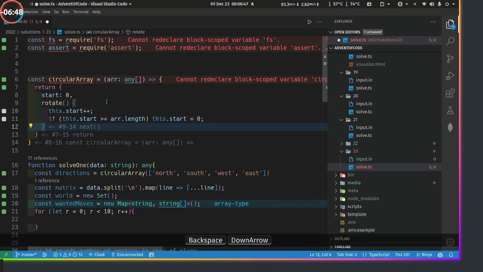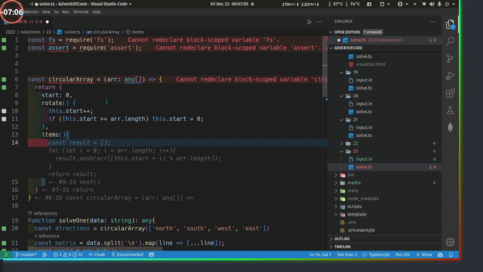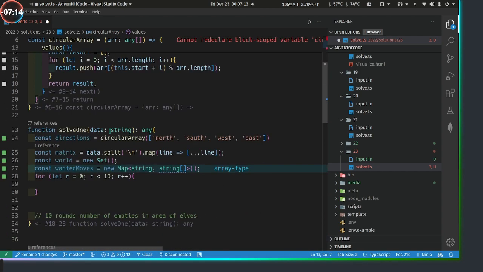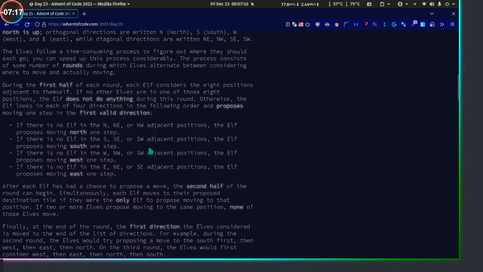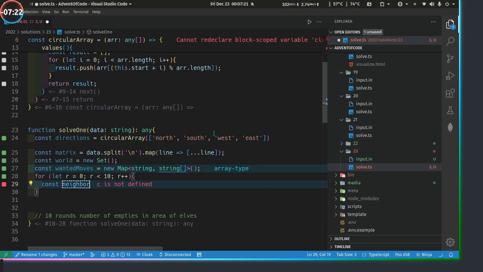And then what we want to do from this, so this will rotate it across. We want to grab, I guess we want to say at, right? And nope, at index or items. No. That's technically true right there. Well, we don't want items, we want values. Okay, so our logic is during the first half considers 8 positions, so const neighbors equals